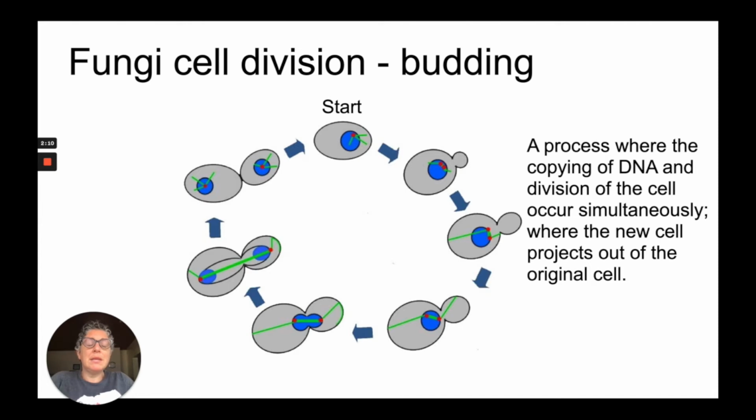Basically, this is where the copying of the DNA and the division of the cell occur simultaneously, where the new cell projects out of the original cell. If we go through this diagram from the starting position, you can see what is called the bud start to form off the right-hand side of the yeast cell. As we go through the process, there are steps that you don't need to know, but about halfway through, we can see that the nucleus itself